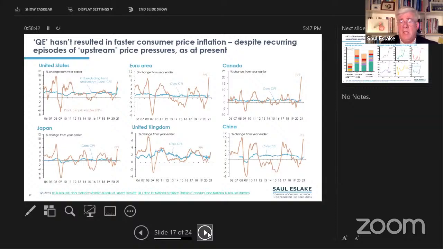What you can see is that around the world, most countries are experiencing a significant increase in upstream inflation as captured by so-called producer price indexes. And that's happened a number of times before in the last 12 years. On the current occasion, it's being caused by a combination of a strong turnaround in commodity prices, oil, food, steel,